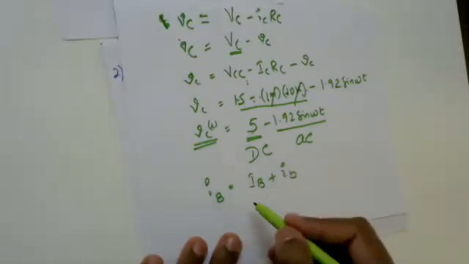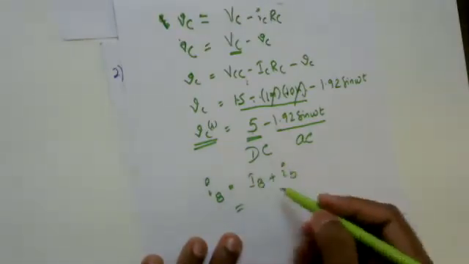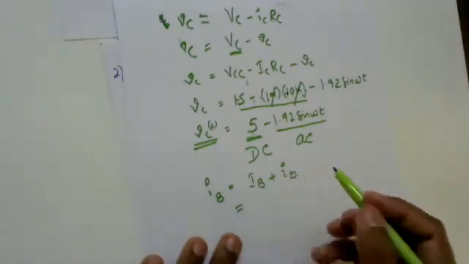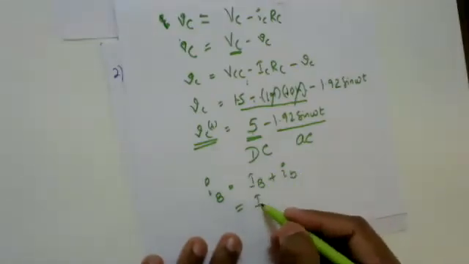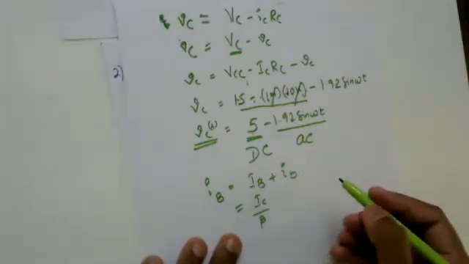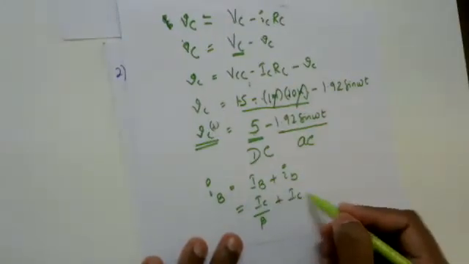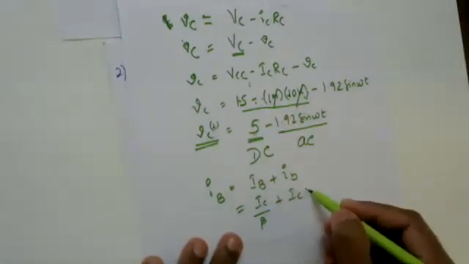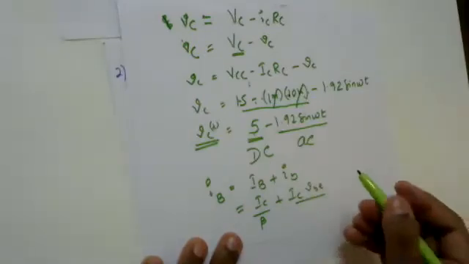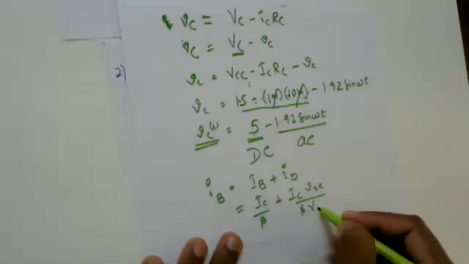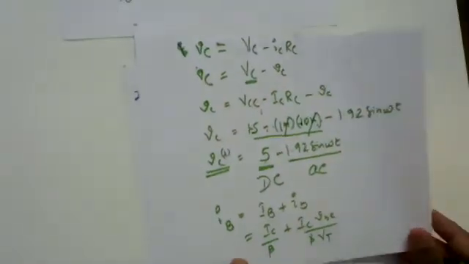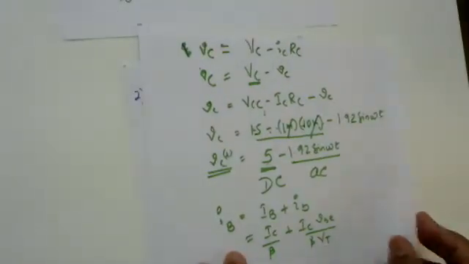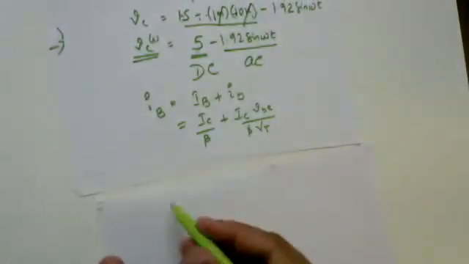Now, as we have already worked on these equations, I know that this IB can be defined as IC divided by beta plus IC into VBE divided by beta times VT. So I need to just substitute the values over here. When I substitute, what is the equation I'll be getting? I'll be getting the equation such as IB is equal to